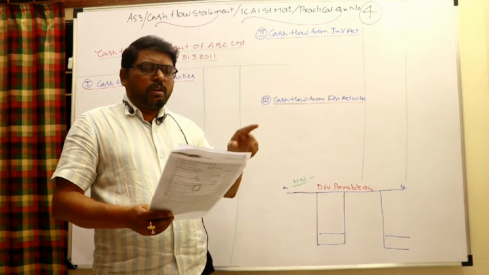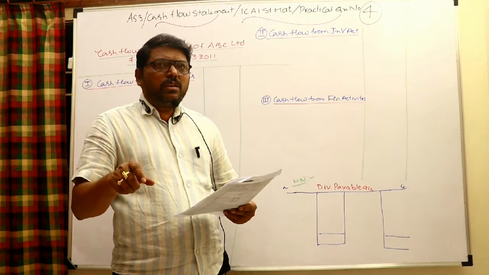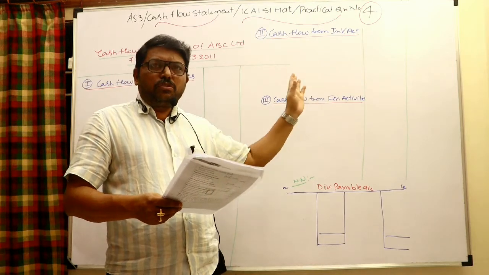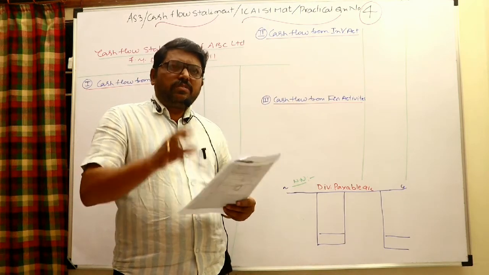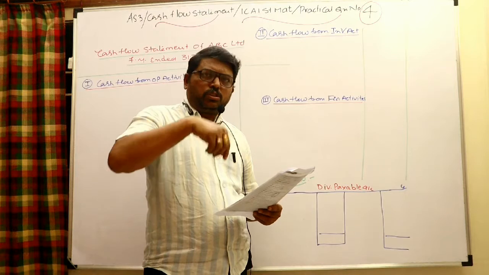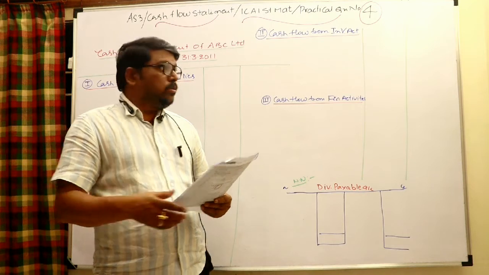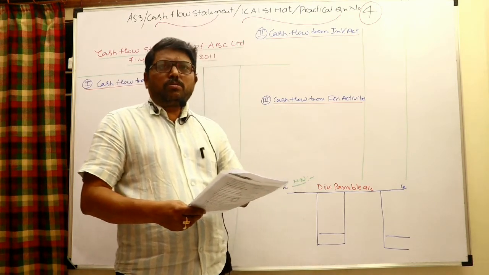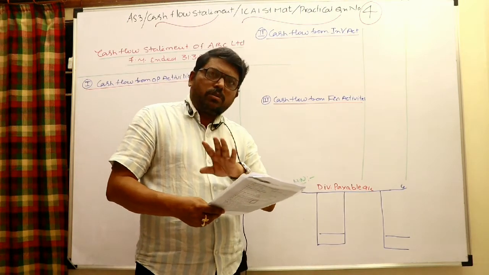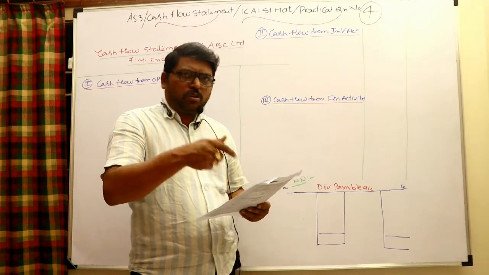Obviously, out of 22 lakh 40,000, if the appropriate amount is being deducted, that should be equal to the net profit given as per the balance sheet. If you take the net profit as per the balance sheet, the dividend payable should also be adjusted. Dividend payable through P&L appropriation should be added back, and the dividend paid should be deducted from financing activity. But if I want to take this net profit of 22 lakh 40,000, which is before appropriations, then whatever dividend is appropriated need not be adjusted here. We can cross check that also.